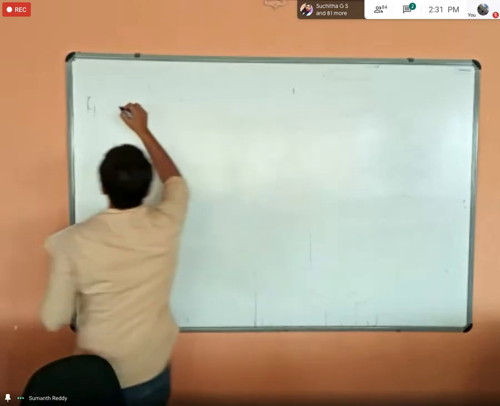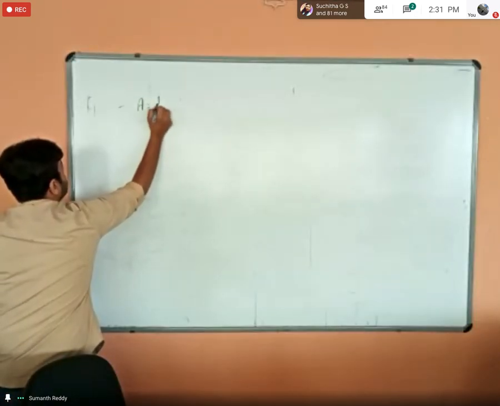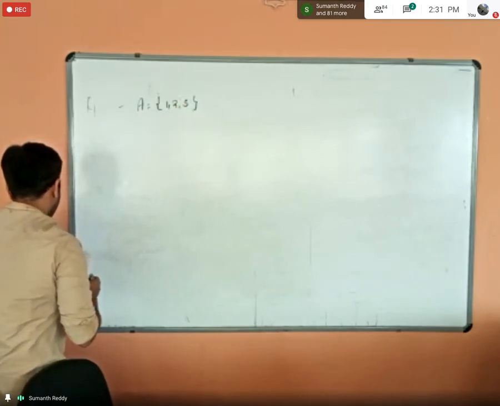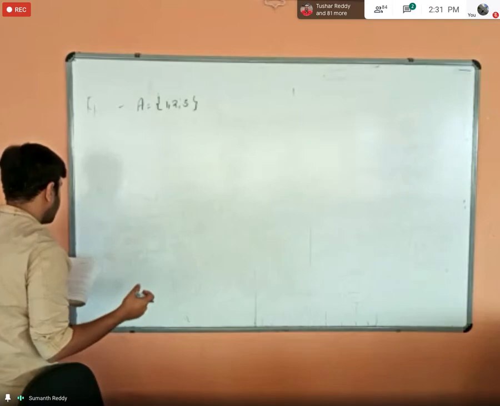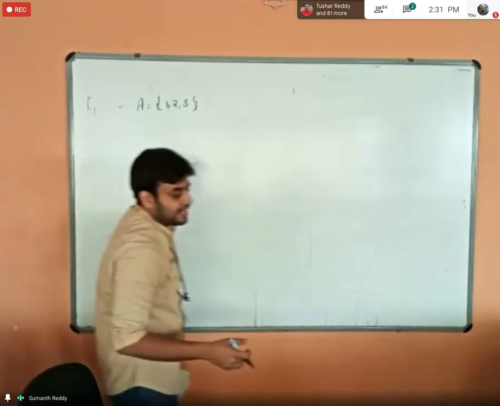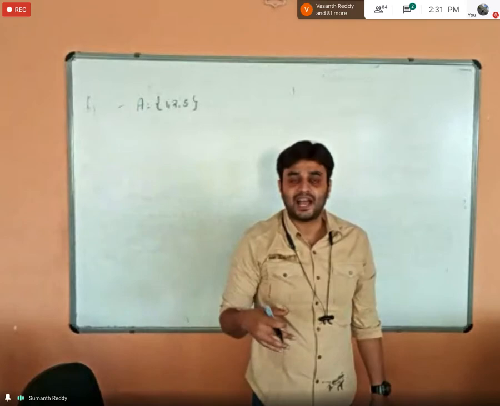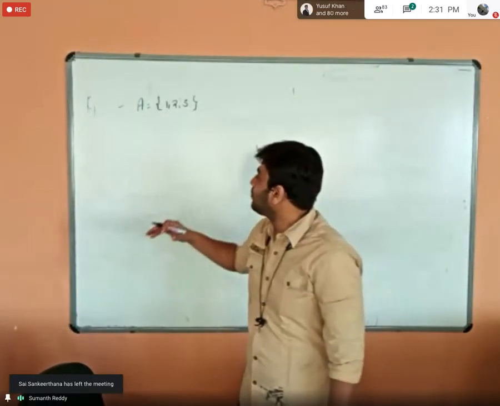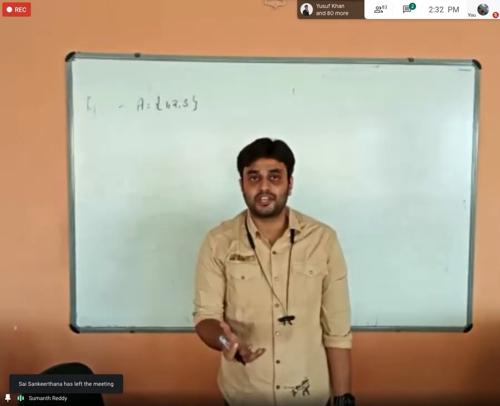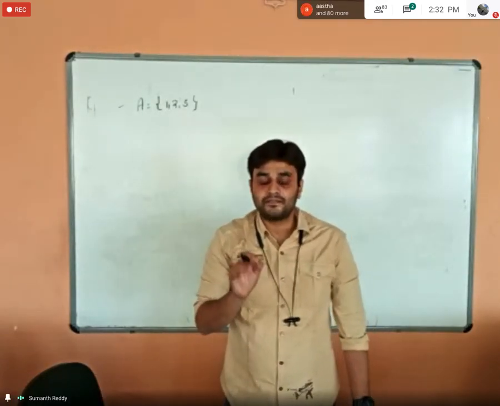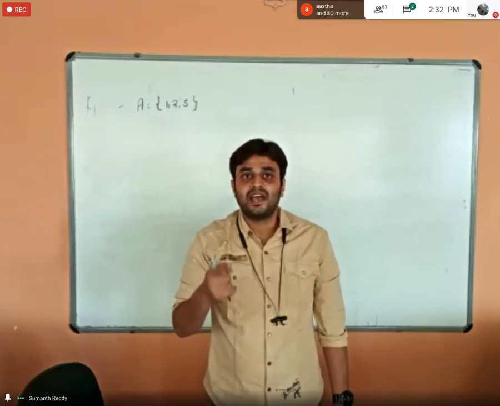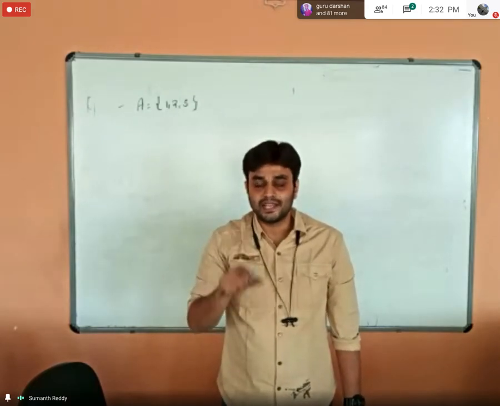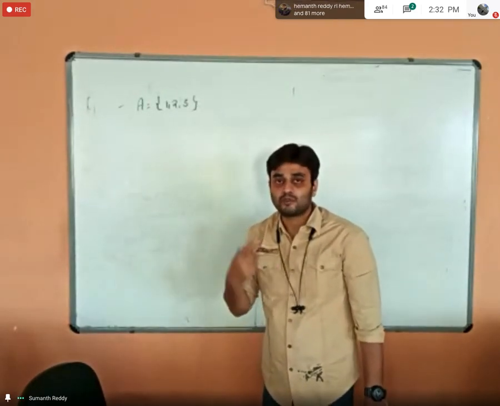So he has given the set which contains the elements 1, 2, 3, and he is asking which of the following relations are reflexive, symmetric, transitive, antisymmetric. But don't worry, in the question paper they might ask which of the relations are reflexive, symmetric, and transitive, or they might ask what is the nature of the relation. So in the exam, don't panic if he asks about the nature of the relation. He is actually asking about the properties, that is reflexive, symmetric, and antisymmetric. If he says nature of relation, then he is asking you the properties itself.